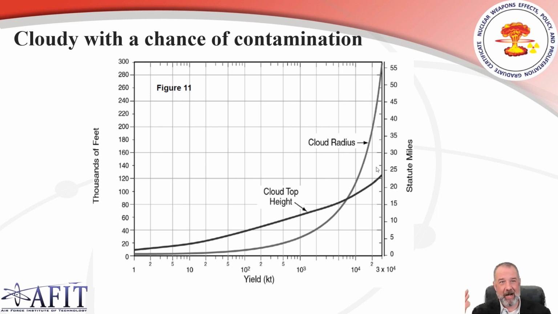There's actually a limitation to how high a cloud can be before it goes exoatmospheric. And this is one of the limitations to weapon yields in general. If your weapon yield is big enough, it stops producing effects after a certain point, because most of the explosive energy gets funneled up and kind of out of the atmosphere. So as we go up in yield, we go up in cloud radius exponentially until, again, we hit that upper limit. And then the height of our cloud increases pretty linearly